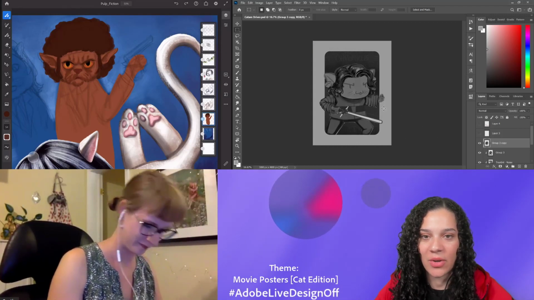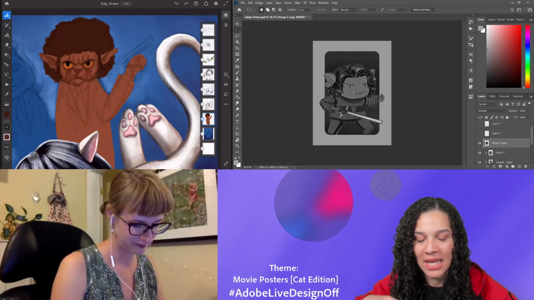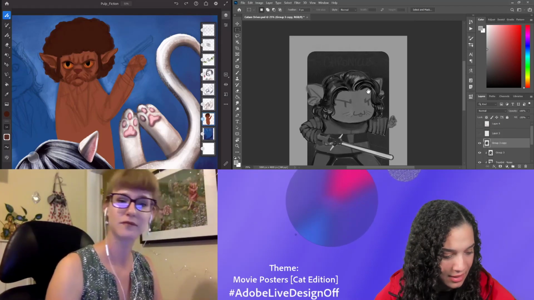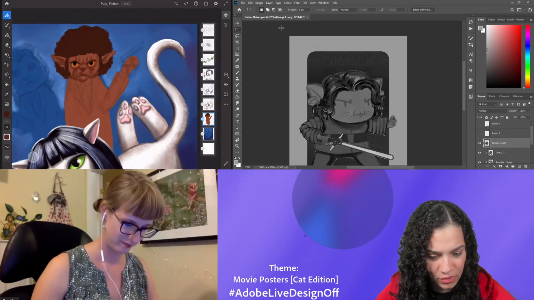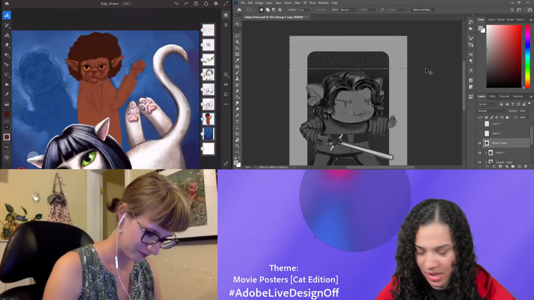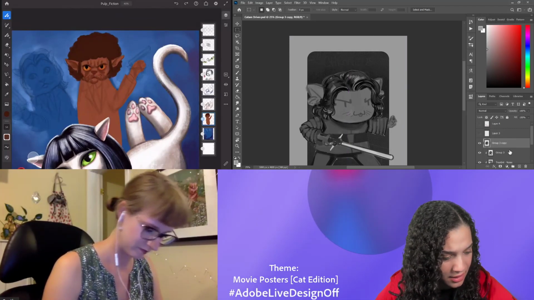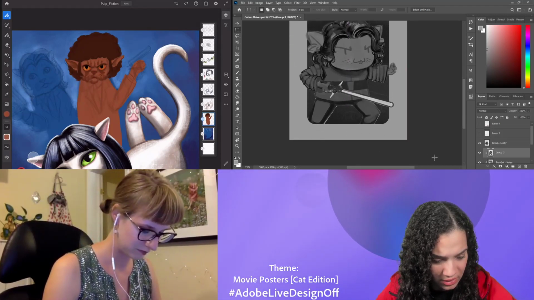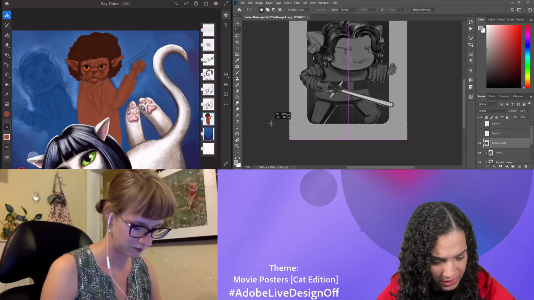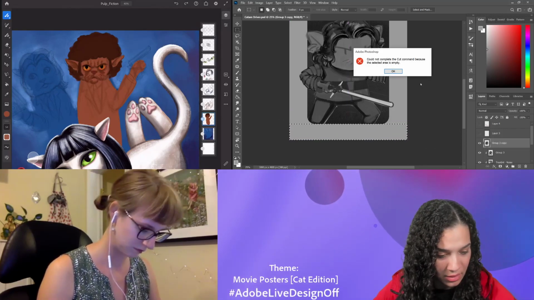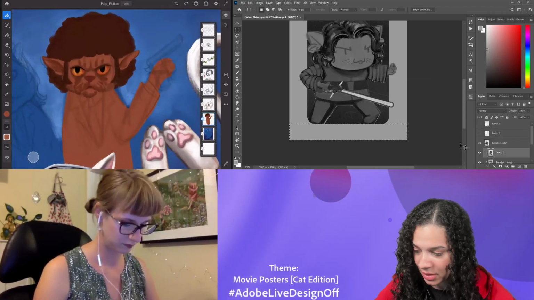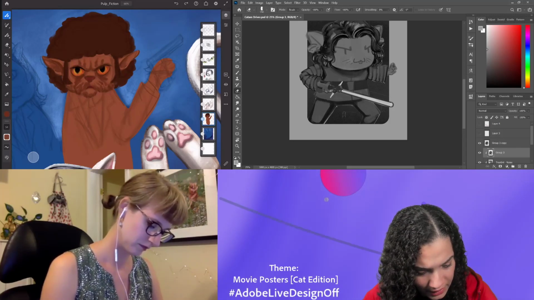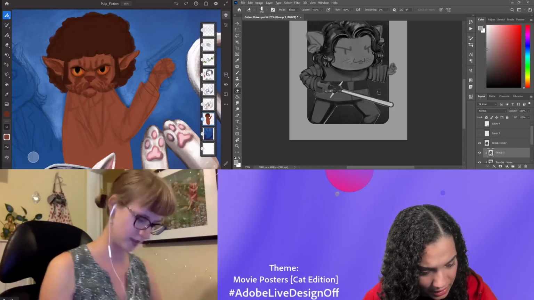Okay, I have his little legs inside the border, and then I have his arms and his lightsaber kind of breaking the border a little bit, which I like. And then I think I have a very subtle outline of the words that I had previously sketched sticking out here, so I'm just going to select around on the canvas to make sure that all of this is not showing. Let's see. There we go.